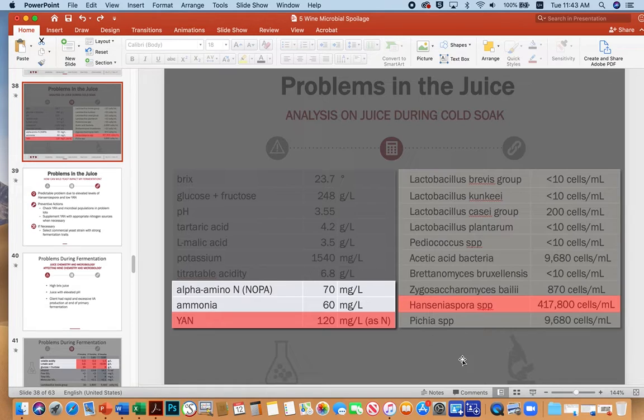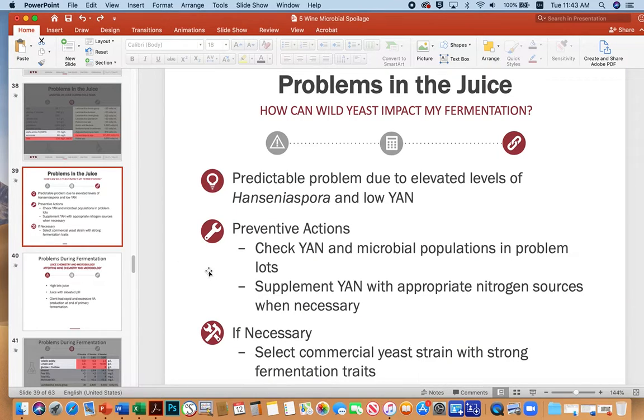Over here on the right, you're looking at an array of microorganisms, and by far the most startling is this 417,800 cells per milliliter of Hanseniaspora, this spoilage yeast, which is known to produce ethyl acetate. So there's a predictable problem due to the elevated levels of Hanseniaspora and low YAN. Again, Hanseniaspora was able to grow in the presence of low nitrogen, outcompete the primary,